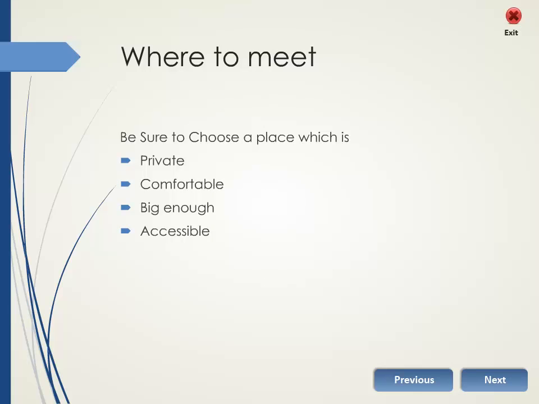Choosing a place to meet that will best meet the needs of your team is important. It should be a private place where team members will feel free to discuss information. Try to ensure that the team members, especially including the parent or guardian, are comfortable and that the room is large enough to accommodate larger groups. The room should be easily accessible to all.